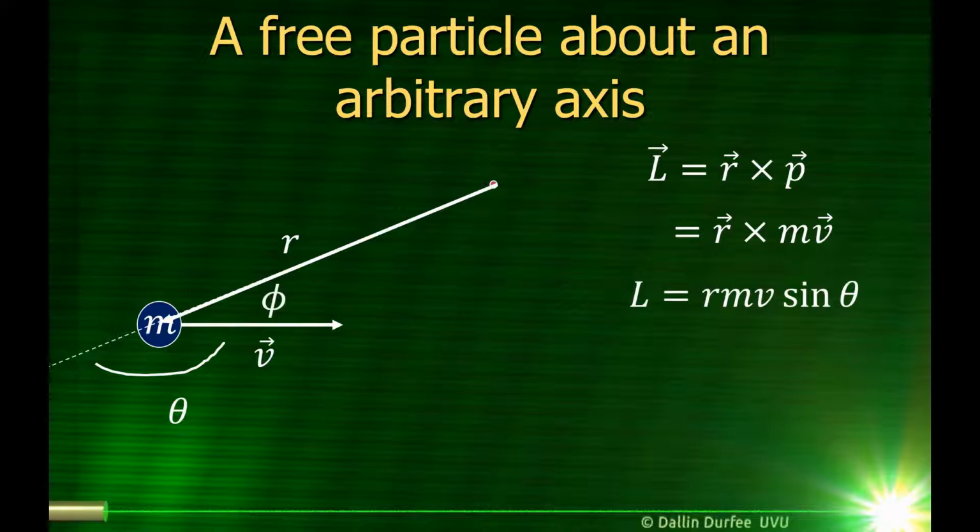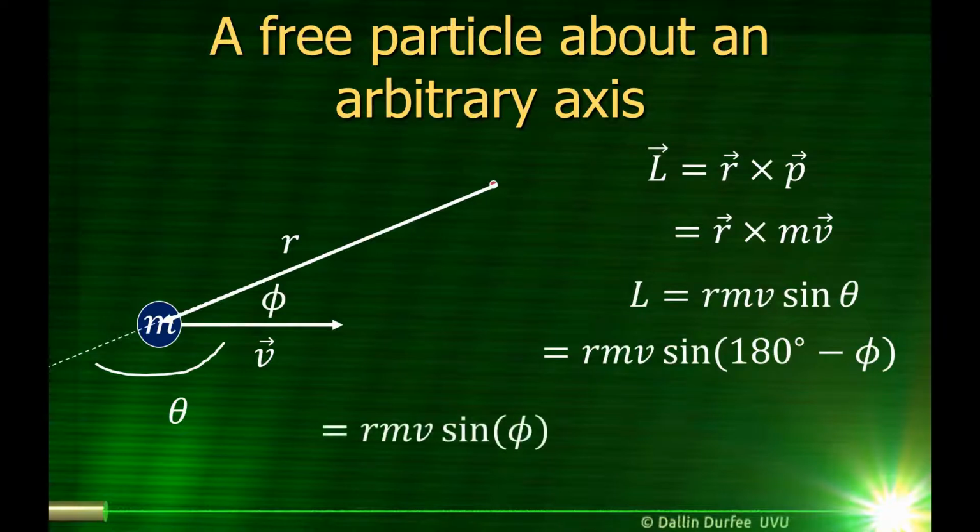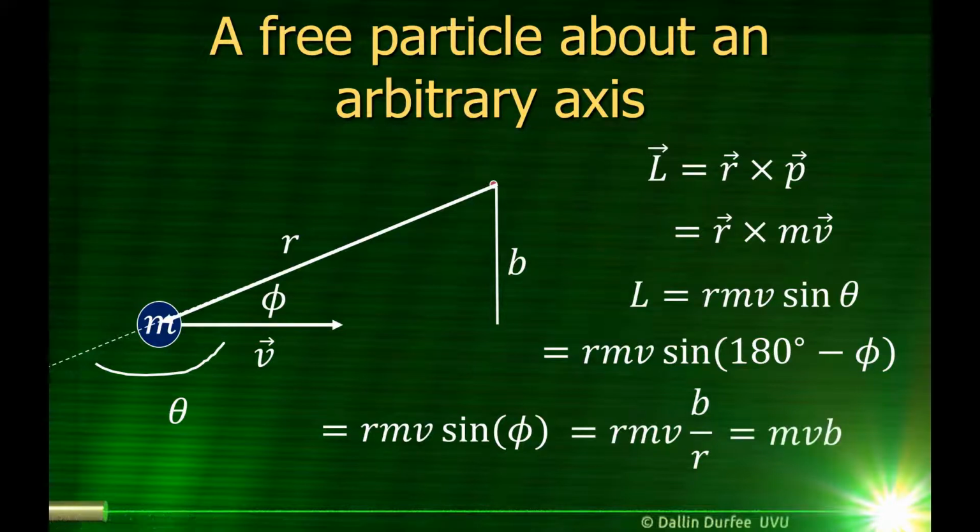Now, I'm going to label this angle right here as phi, and then I can write my momentum in terms of phi. It's just r m v sine of 180 degrees minus phi, because that's what theta is. But it turns out the sine of 180 degrees minus phi is the same as the sine of phi, so I can write my angular momentum like this. Now, I'm going to just draw a line here of length b, where b is the closest this particle will get to that axis as it flies by. And with that line right there, I have a triangle, and I can show that sine of phi is just b opposite over hypotenuse, b over r. The r's cancel, and I get L equals m v b, that is the angular momentum of this particle about the arbitrary axis that